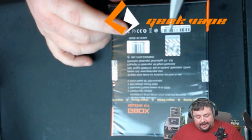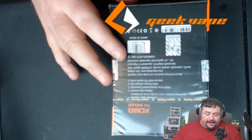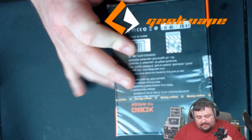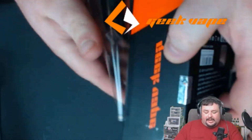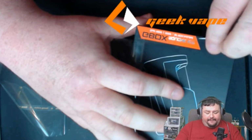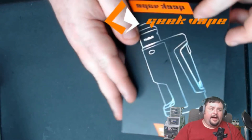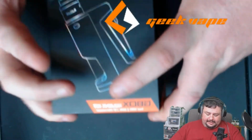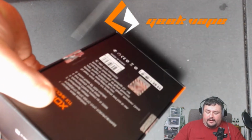As you see right here is the scratch and check, where you can scratch it. And to show you it is real, well, we can't get in there yet. Let's take the knife and cut her open. Now, this does look like a clamshell, which, as you see, I'm opening up fresh out of the package. I just opened this right after I did my unboxing of my hauls. Now, I did get the black and red, which I got every one of them in a